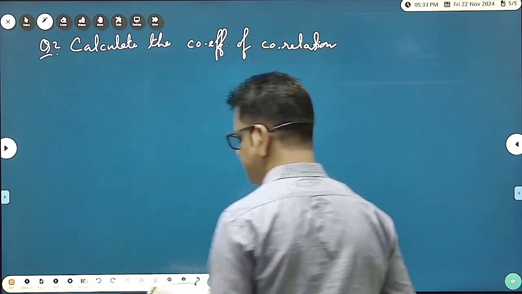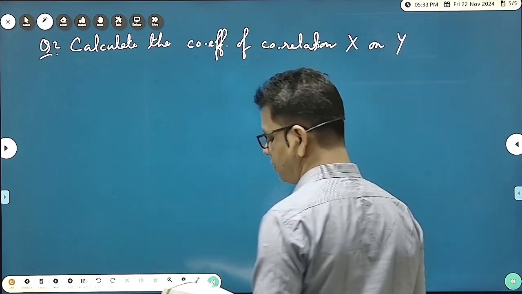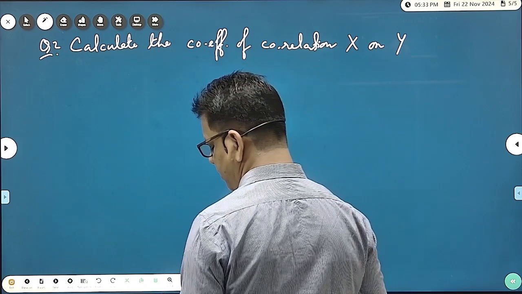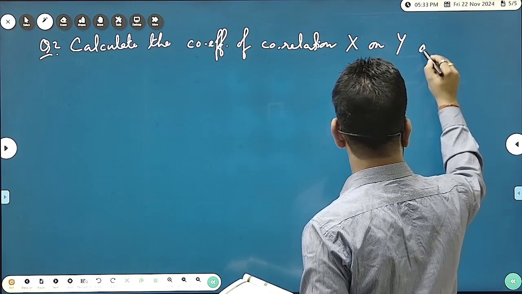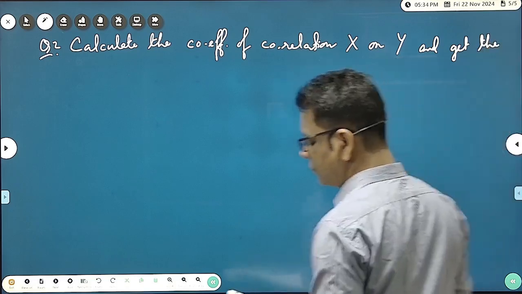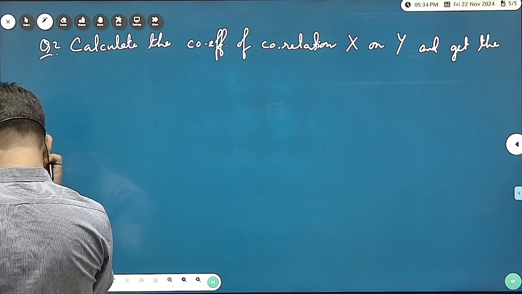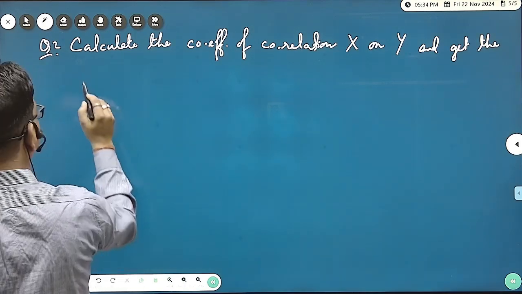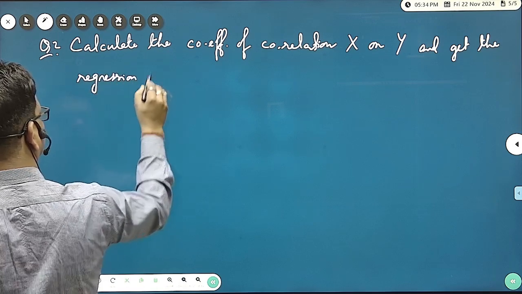X1 y, and get the regression line. Okay, regression line also. All right, and get the regression line X1 y. Regression line